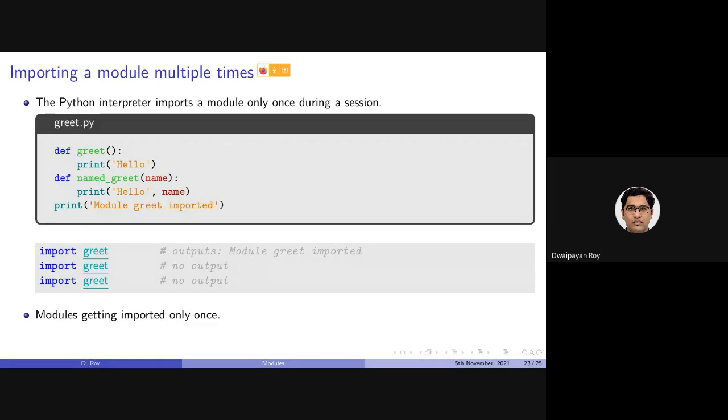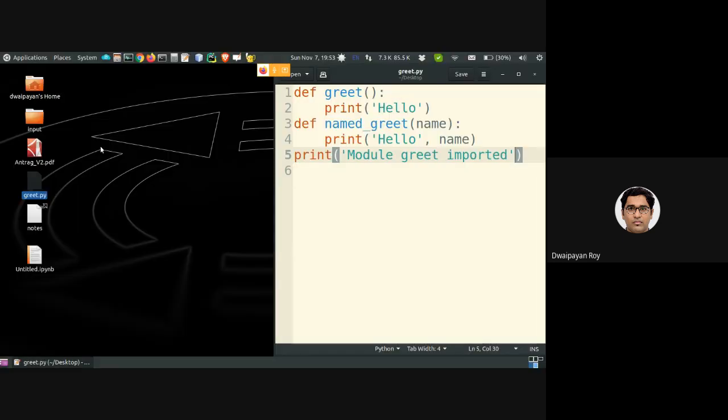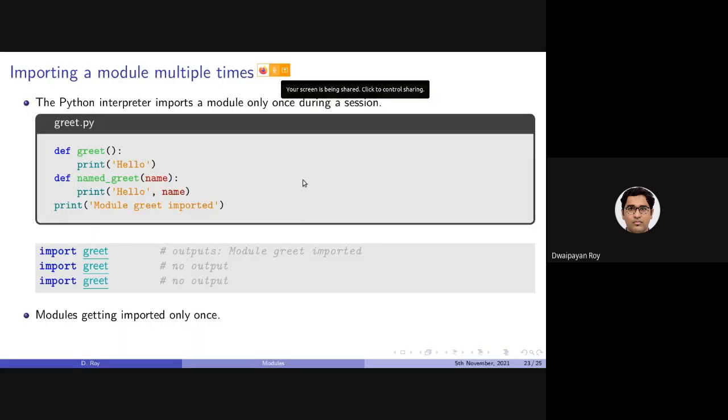Now, let's say we have again this greet function. So "module greet imported": this statement was executed, or there was a module output immediately after the first import of this greet module.